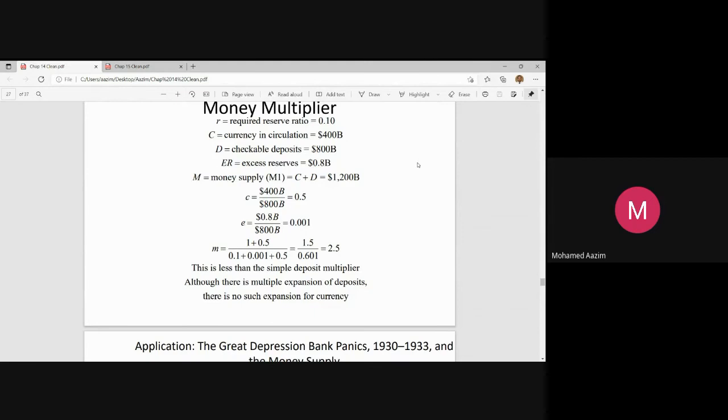Okay. So you see here, from the information that you have, you can quickly derive what small c is. Small c is nothing but currency in circulation, 400 billion, over checkable deposits, that is 800. So 400 over 800 is 0.5. 50% of deposits are held by people in currency holdings. It's very high. From a general perspective, half of the deposits held in currency form is a high amount of currency held in hands by people.